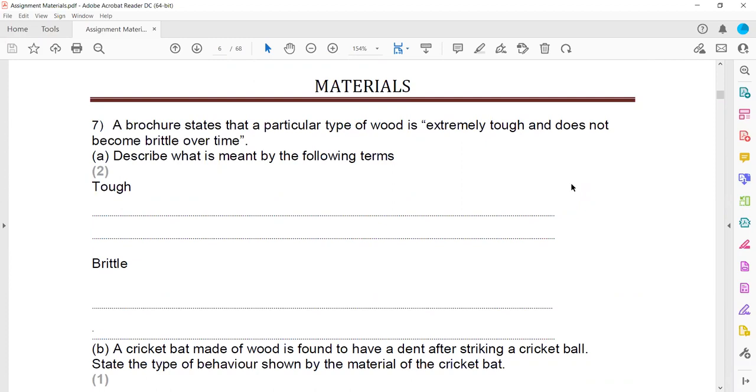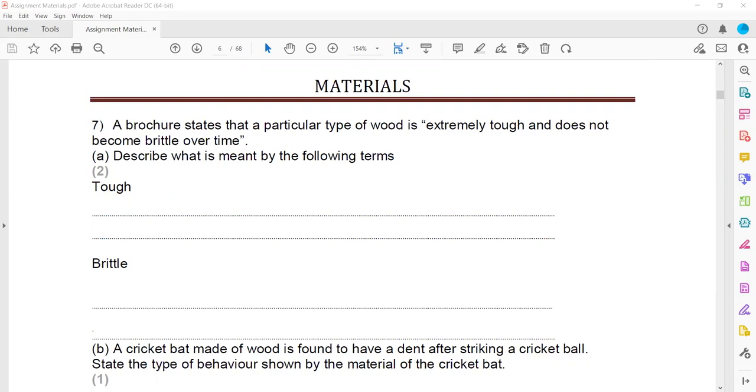In question 7, a brochure states that a particular type of wood is extremely tough and does not become brittle over time. What is meant by the terms tough and brittle? We have to define what a tough object is and what brittle is. A tough object can absorb a greater amount of energy without breaking or cracking, or is able to absorb a lot of energy in the plastic region,